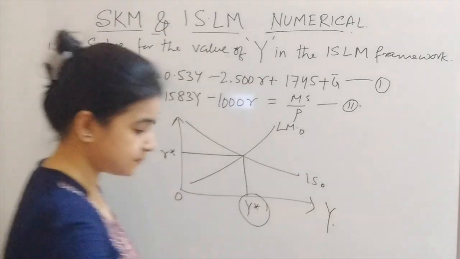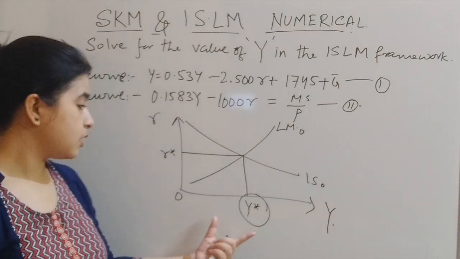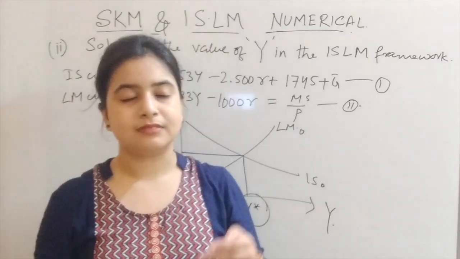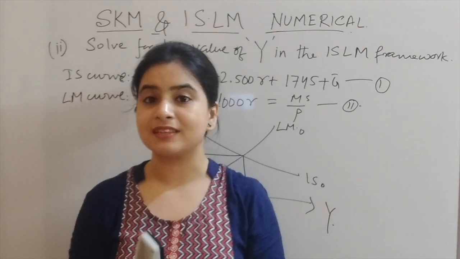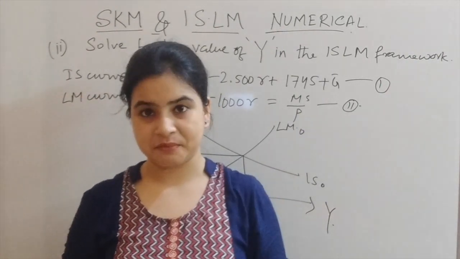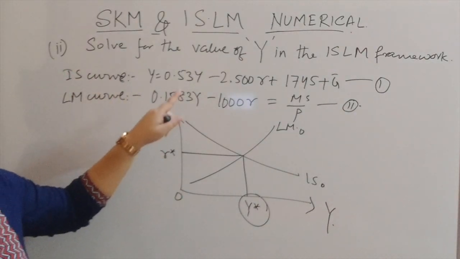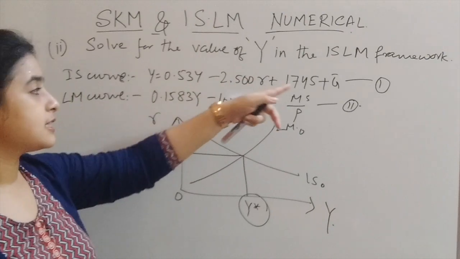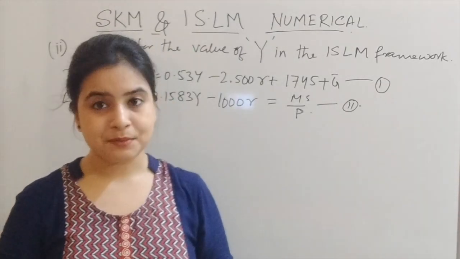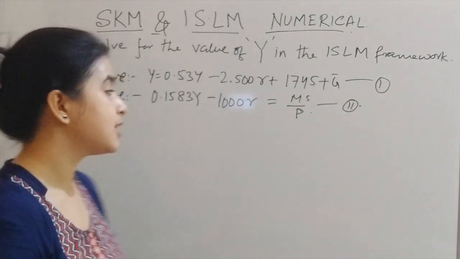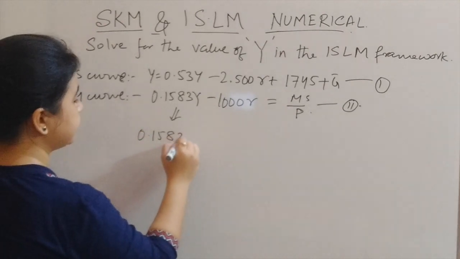So let's proceed. From the theory we can easily say that this Y is obtained by the intersection. That means in order to find the value of Y, we need to equate the two equations, that is the IS and LM curves. And for that I have written the two equations here, the same equations that we have obtained in the first part. I have marked them as equation number 1 and equation number 2. To proceed, I am going to start with the LM equation and try to simplify it a bit. That is, from here we have the equation